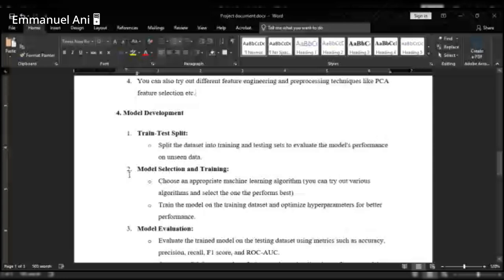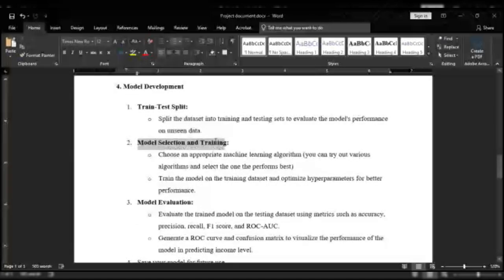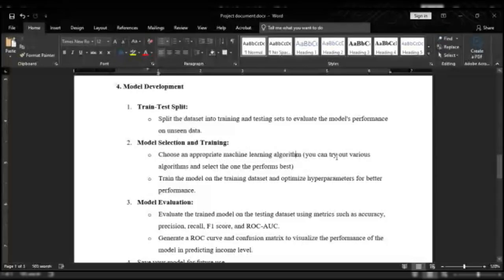So you know the route we've taken so far. You split your data after you've preprocessed, then you select your model and then go ahead to train it. So you can choose whatever machine learning algorithm you want to use. So you can look at the different classification algorithms that we're going to look at.